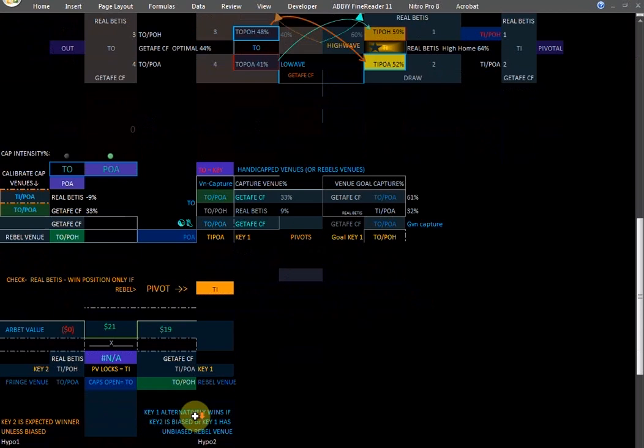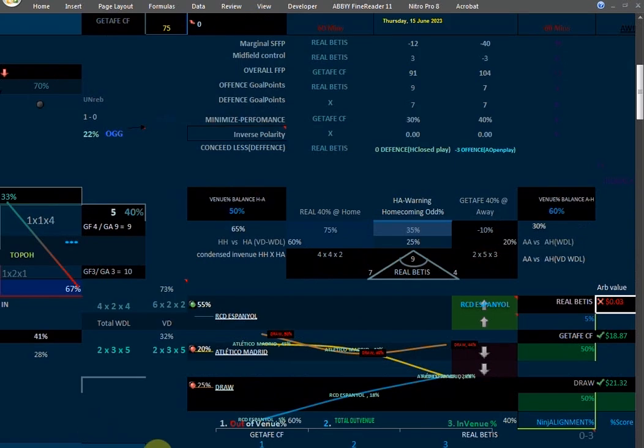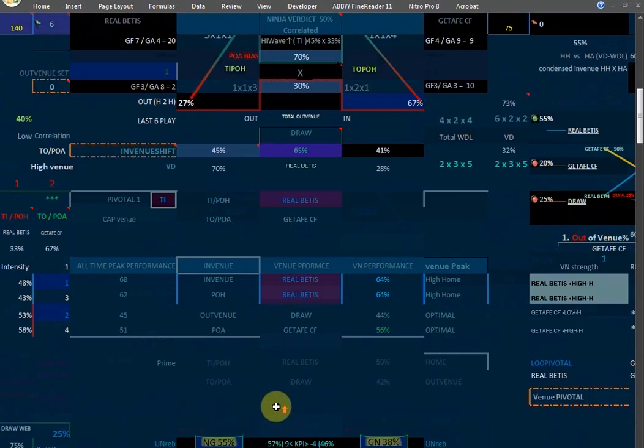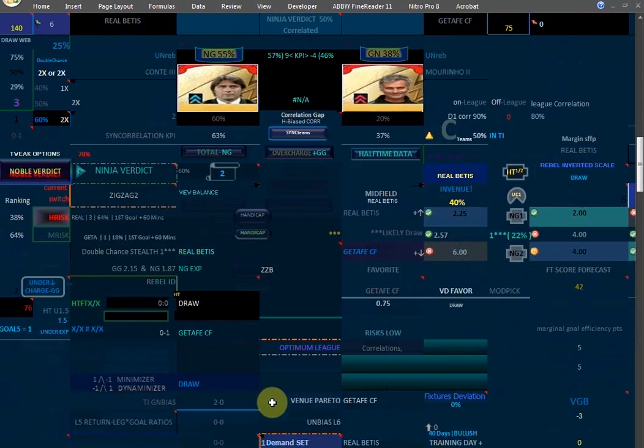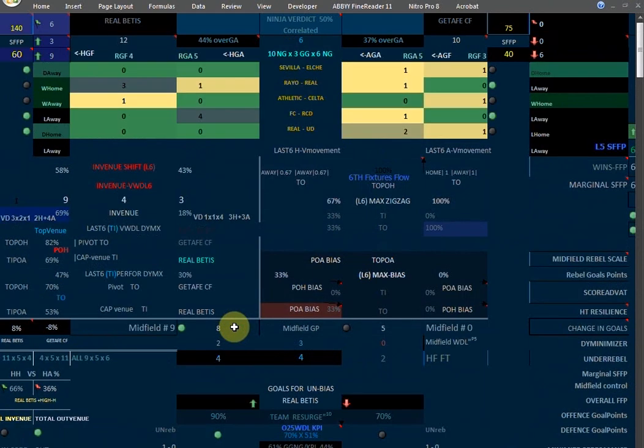So what's the issue? What's the problem? Okay. This one I couldn't figure because I thought Real Betis could win this game. Actually, I didn't win. Full time was exactly what you're seeing. 0-1 Getafe. But I'm going to be honest here. I was 100% sure Real Betis is going to win this game, but it didn't win. Up to now, I can't guess how the system could pick Getafe. But yeah, the system was right. Getafe won, but I was 100% sure Real Betis will win, but it didn't win.